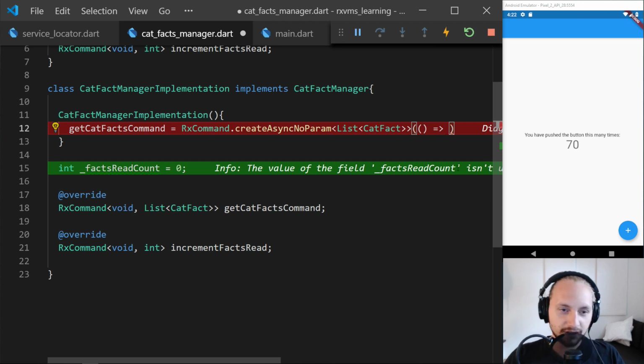So here we can, let's see, can I make this? So let me think. We have the get facts, so this will call our service locator. So instead of doing it like this,